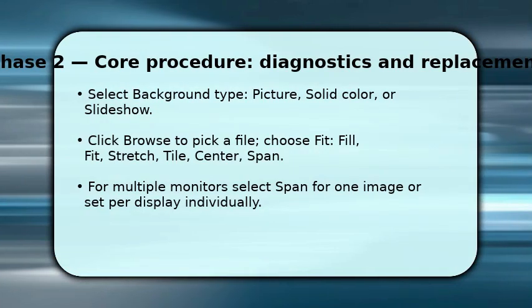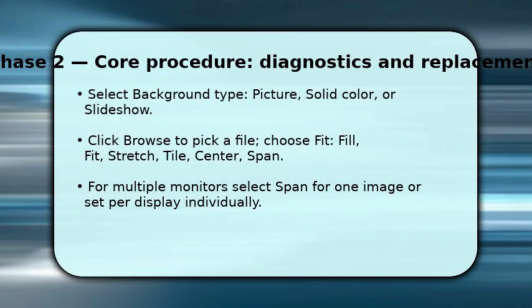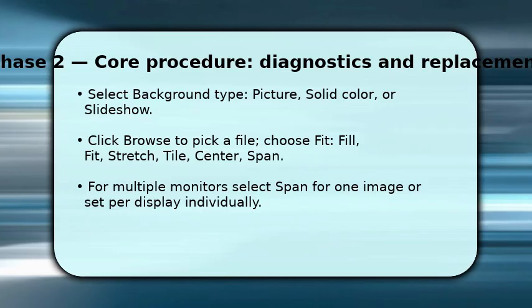Now choose the background type: picture, solid color, or slideshow. Pick picture to set one image. Click Browse, navigate to the folder you prepared, and select the file. Once selected, use Fit options. Fill, fit, stretch, tile, center, or span to control how the image fills the screen because different aspect ratios behave